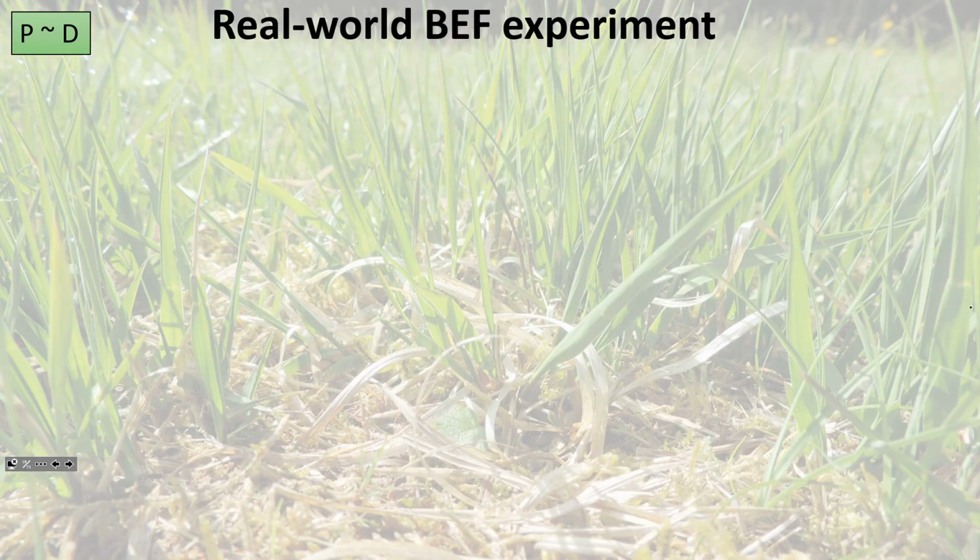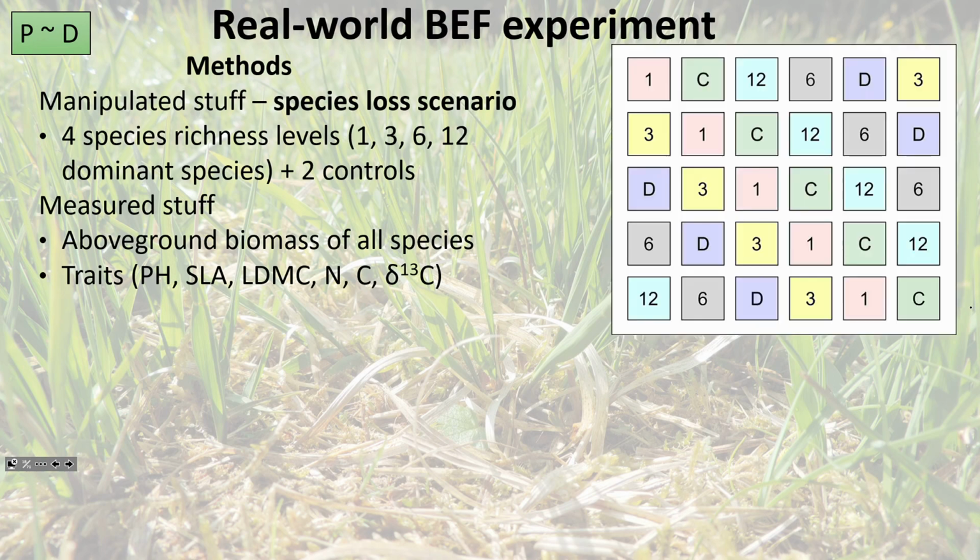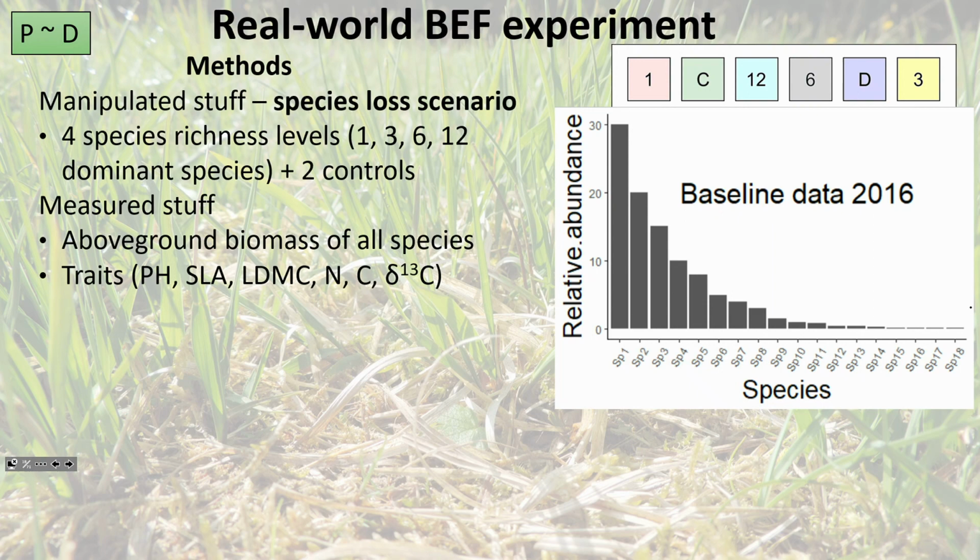So therefore, we decided to create a relatively small biodiversity experiment on Shuspa's favorite locality Ohrazení, where we created a diversity gradient, creating plots with 1 species, 3 species, 6 species, 12 species, and then we had 2 controls. We had some baseline data from 2016, biomasses of individual species. We sorted them like this and created monocultures by removal of all species except for the